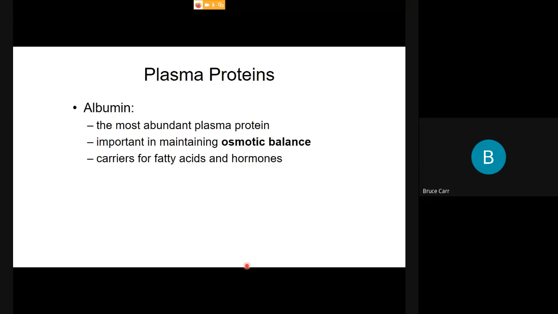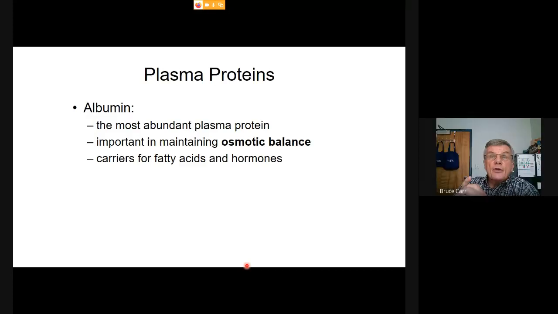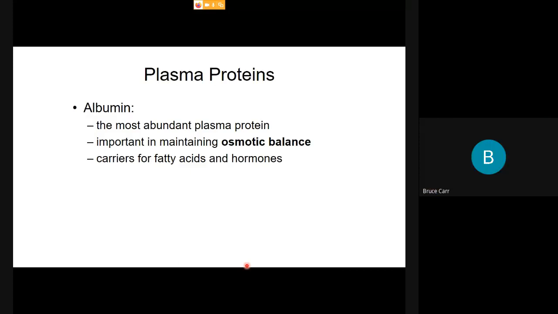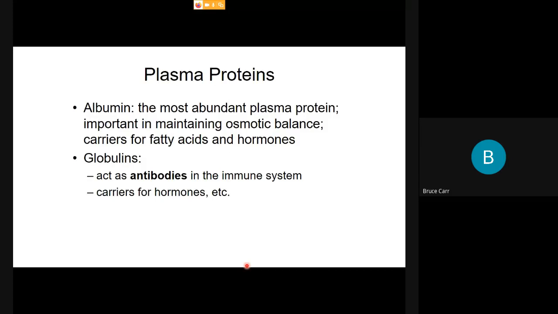Let's start with plasma protein. Albumin is the most abundant, and its main job, osmotic balance. It also is a carrier, a protein carrier that can transport fatty acids and hormones. Now, remember that fatty acids are lipids, and there are steroid hormones, there are lipid hormones. So we would expect those two things to have problems with solubility. So having a carrier that can bind them and basically move through the water solution easily kind of makes a lot of sense. When we talk about plasma proteins,